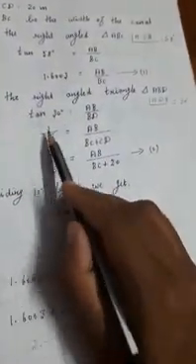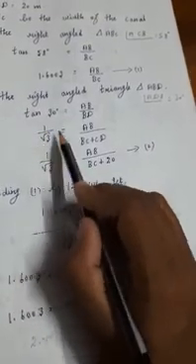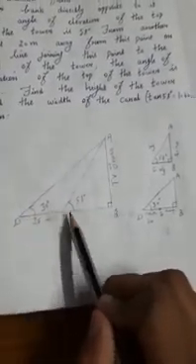Now tan 30 degrees. Which one is the hypotenuse here? Same, this is the hypotenuse, this is opposite, this is the adjacent side. Here also we are going to consider opposite and adjacent, because this length you know. So tan 30 degrees is equal to the opposite side, AB, divided by the adjacent side, BD. Tan 30 degrees is 1 by root 3, equal to AB divided by BD. BD means B to D. How can you get it? DC length plus BC length. If you add them, you get the BD length.